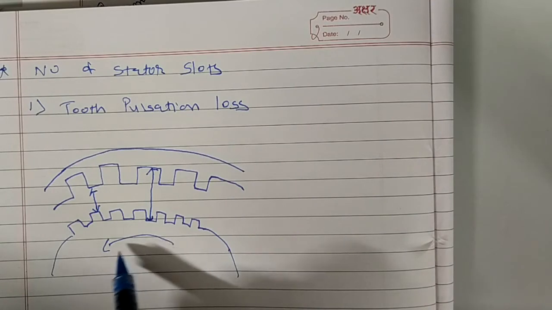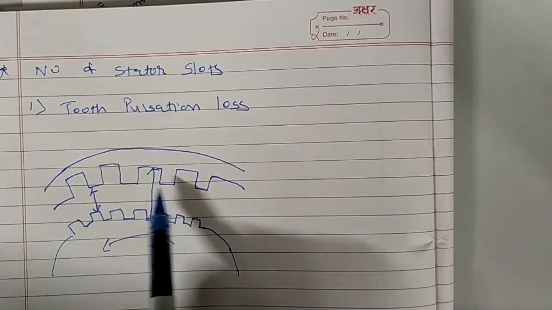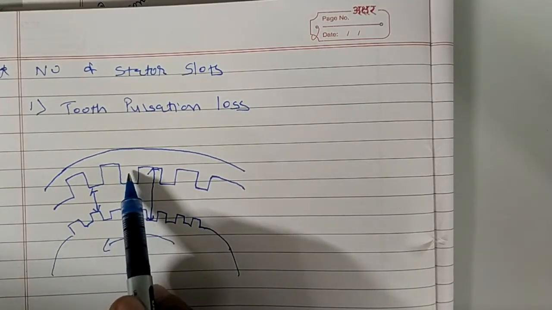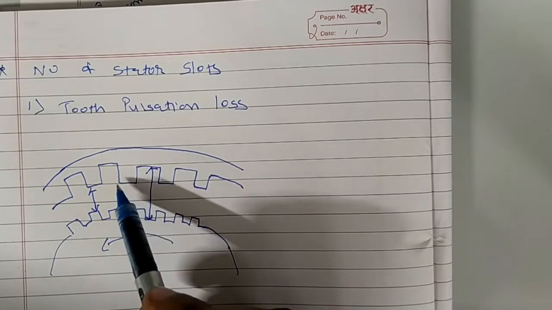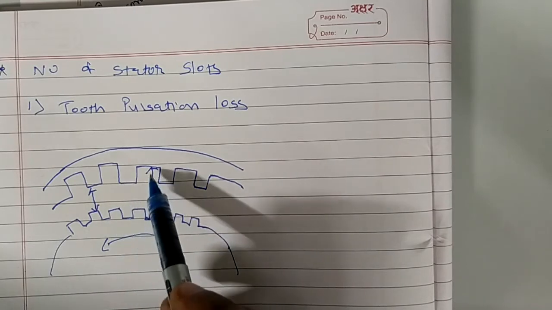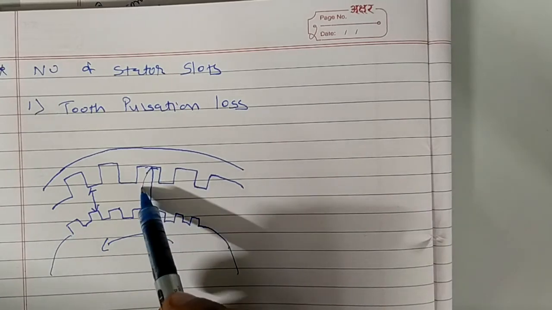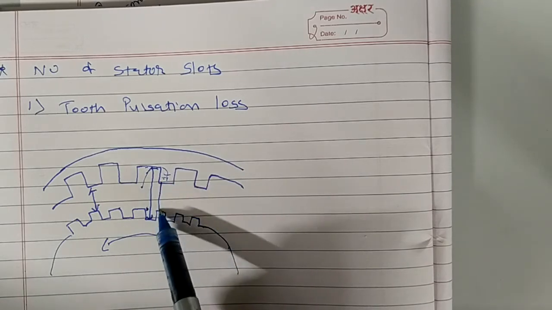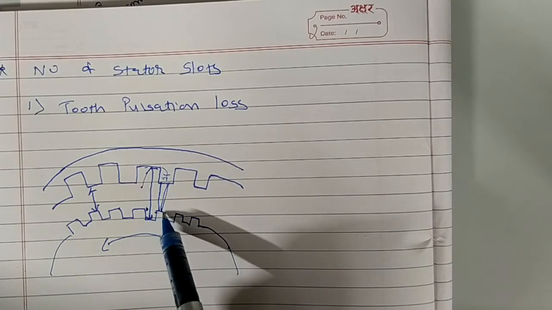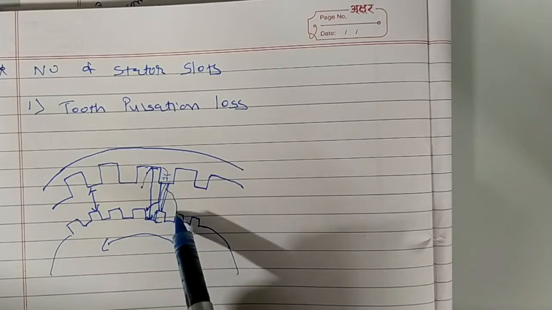As this rotor is rotating and the stator is stationary, the rotating magnetic field produced by this stator will try to go to the nearest tooth which is available. It will not select the long path. It will not spread out from this area, because it will select the low reluctance path and go directly to the tooth. If the rotor is rotating, then in this area after some time there will be a slot, so again this flux has to select some different path like this.